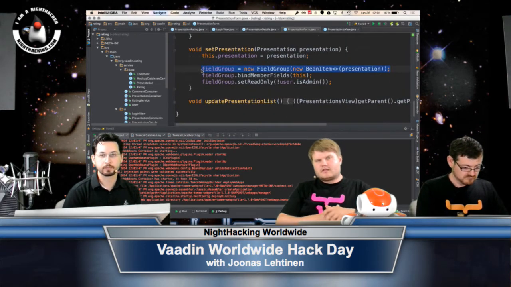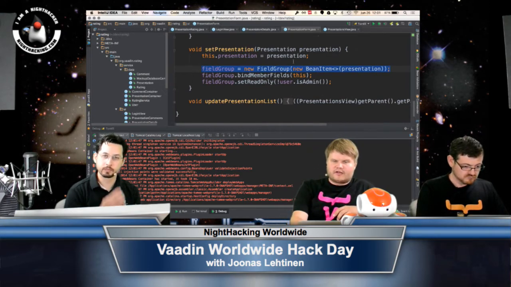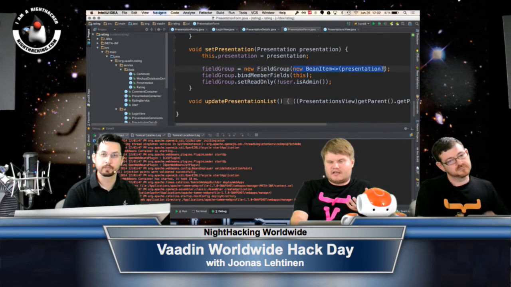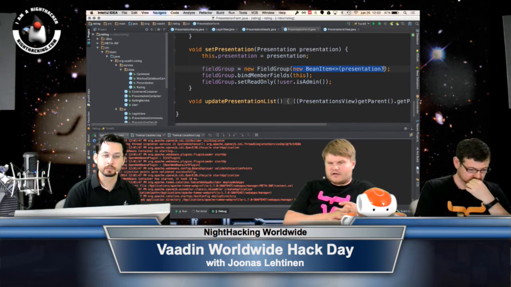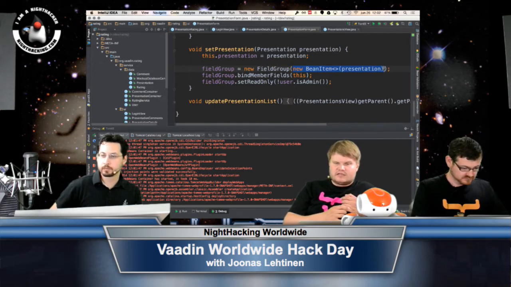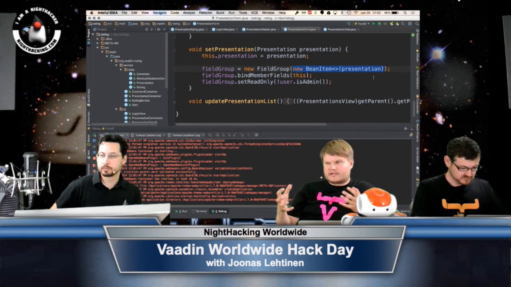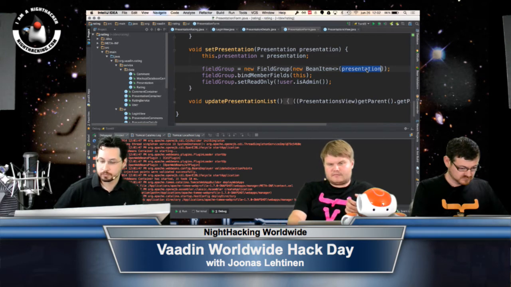So we first create a new field group, and then we put an item for the field group. It basically says that the data source for this field group is a Vaadin item. Now we are using just plain Java beans, so we've wrapped this bean in a bean item class, so it can glue any Java bean directly to the Vaadin data layer. So we have this presentation bean with topic and speaker and that kind of properties, and we bind this directly to a field group,